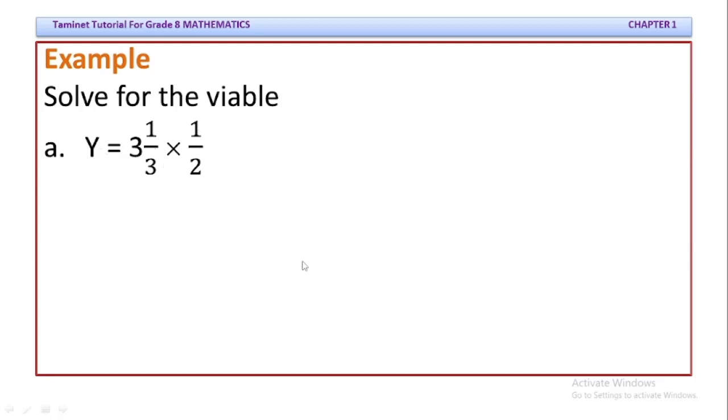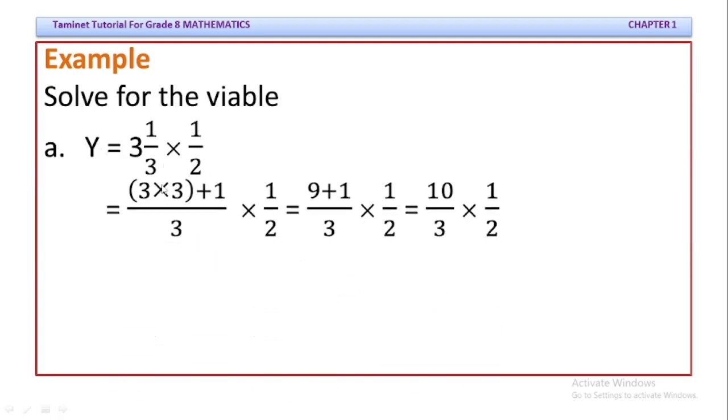So to solve for y, first we have to change 3 and 1/3. This is a mixed number, so change it into